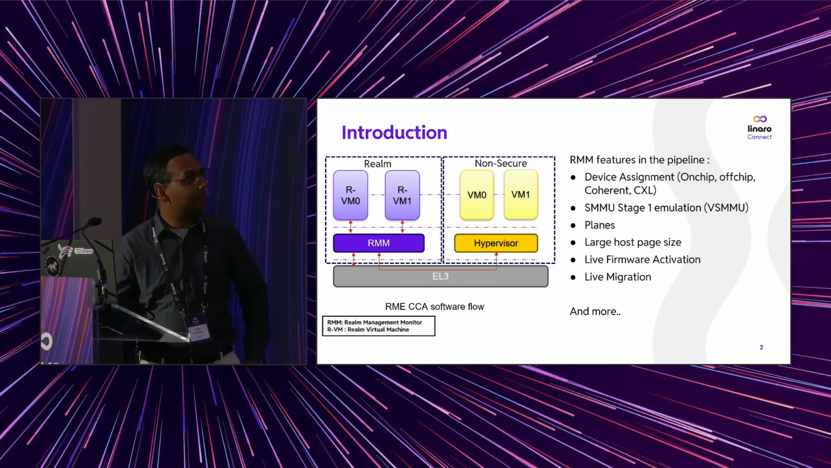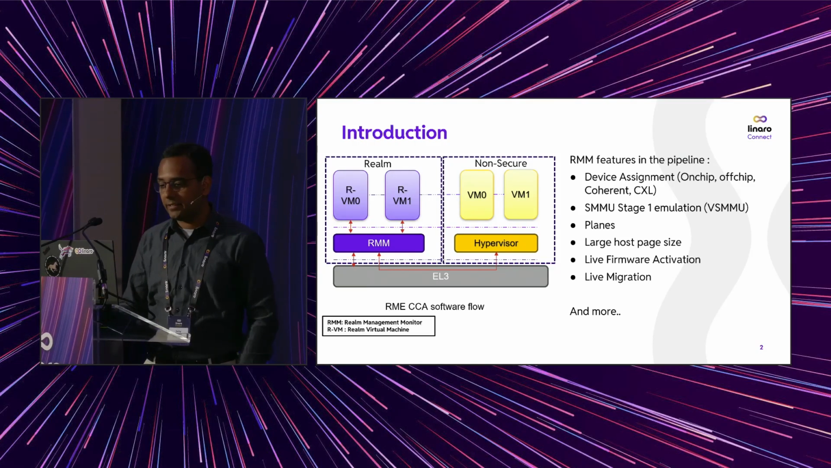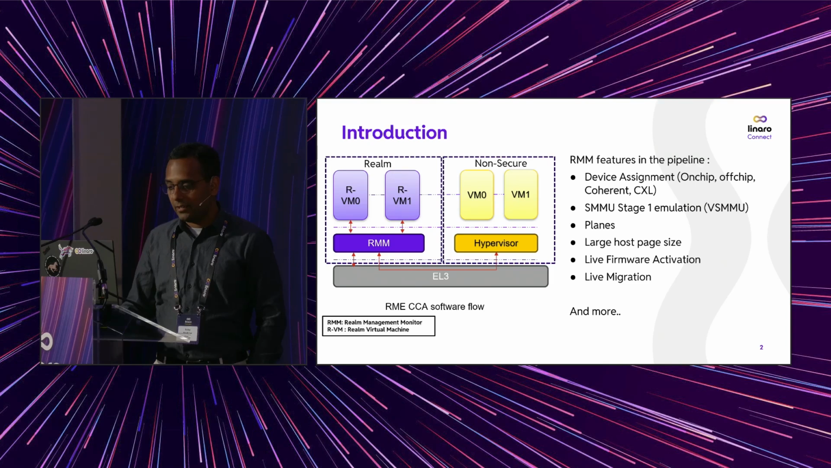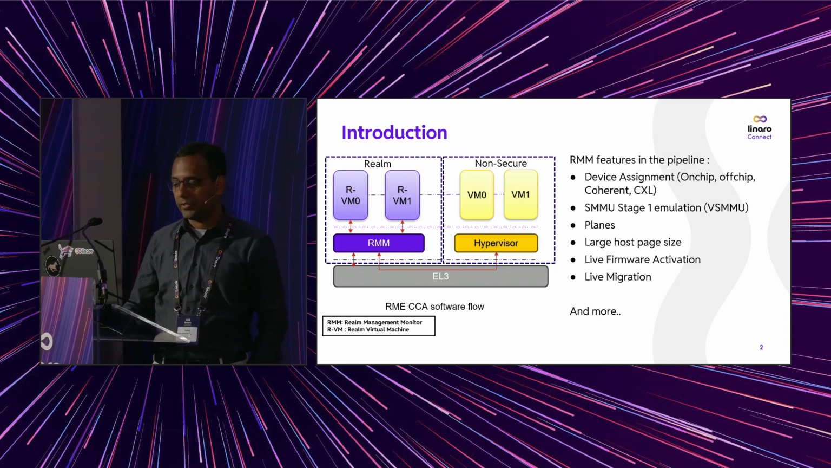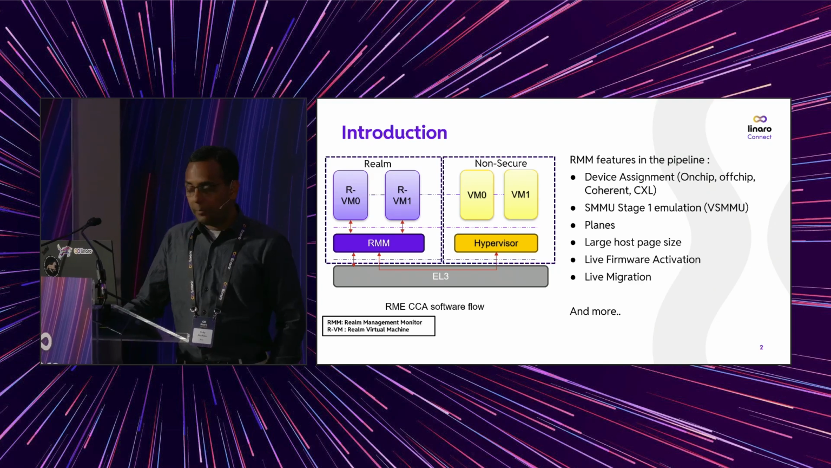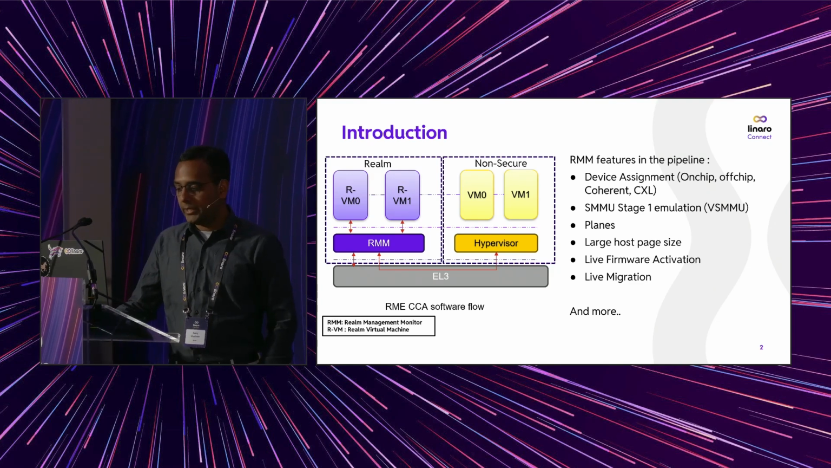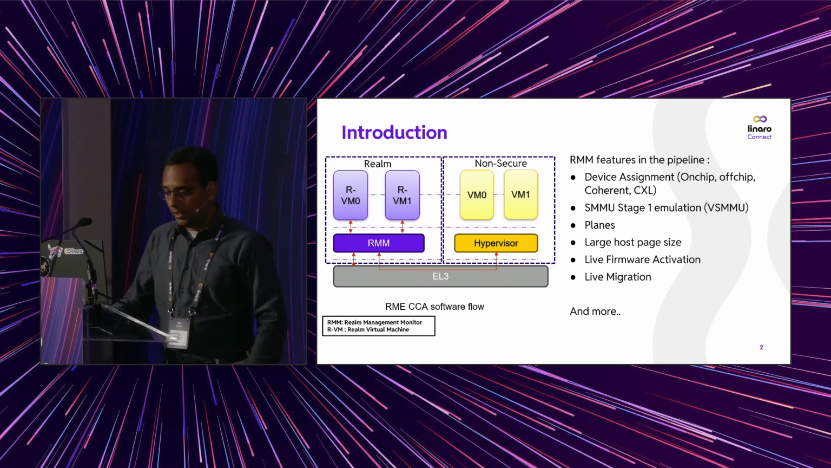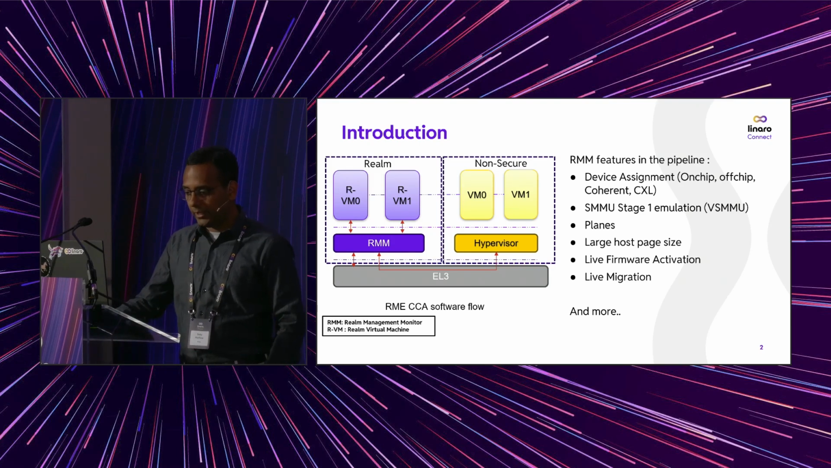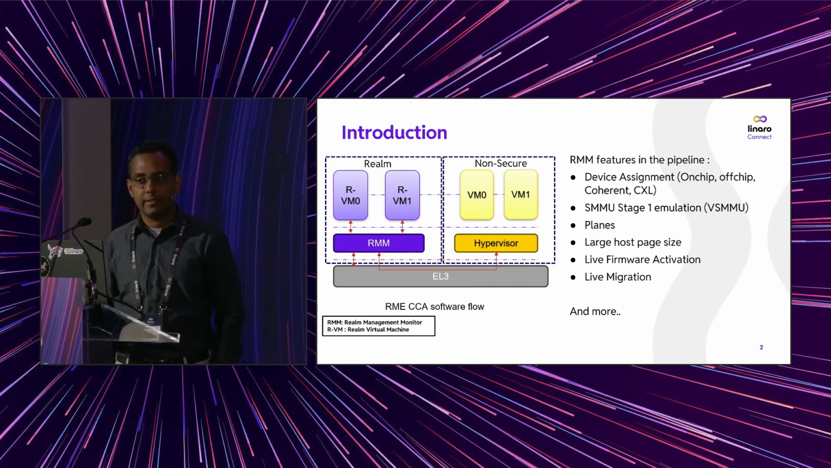So by now, most of us are familiar with the standard CCA software diagram. There's the Realm world on the left-hand side, and then non-secure. The hypervisor manages the non-secure virtual machines, and RMM manages the Realm virtual machines. I've shown some arrows to show the communication flow between various entities, and previous talks have covered the different standards